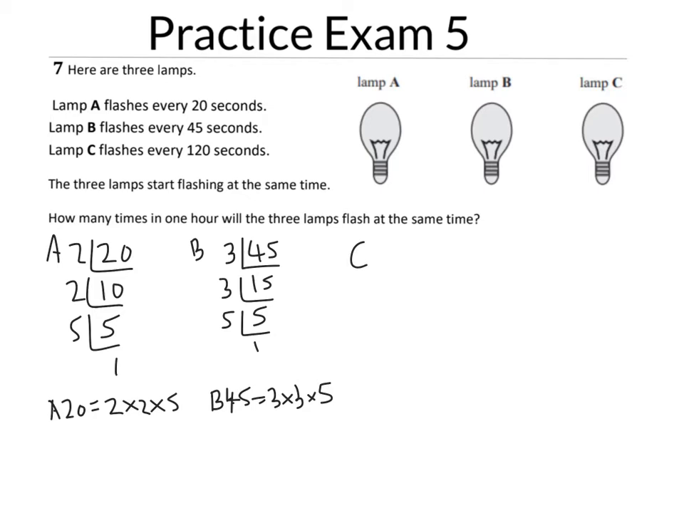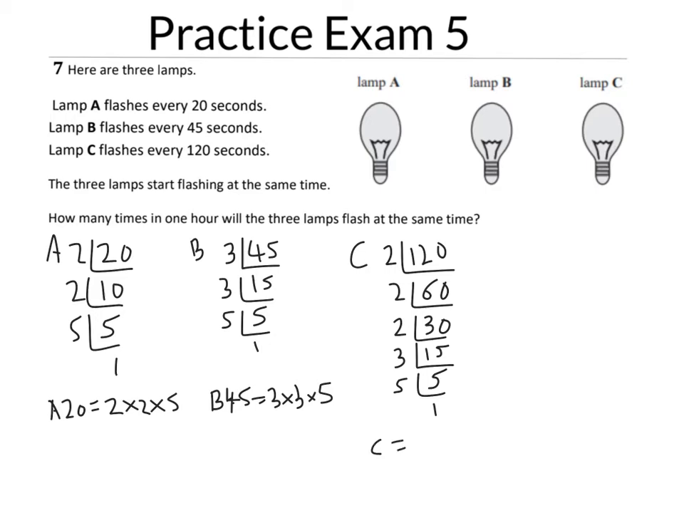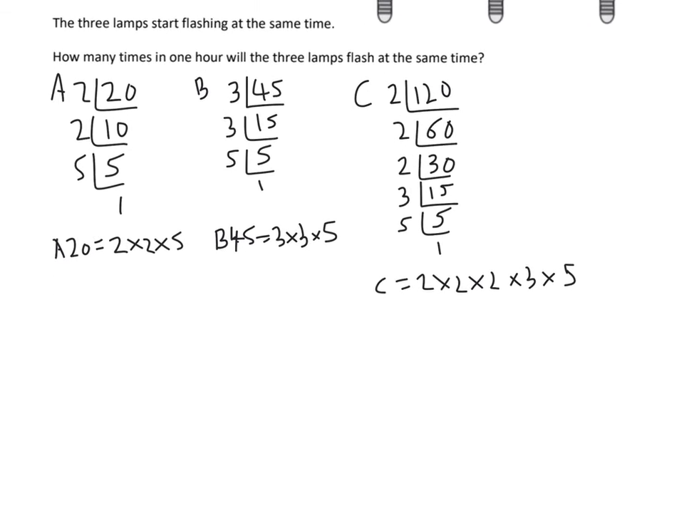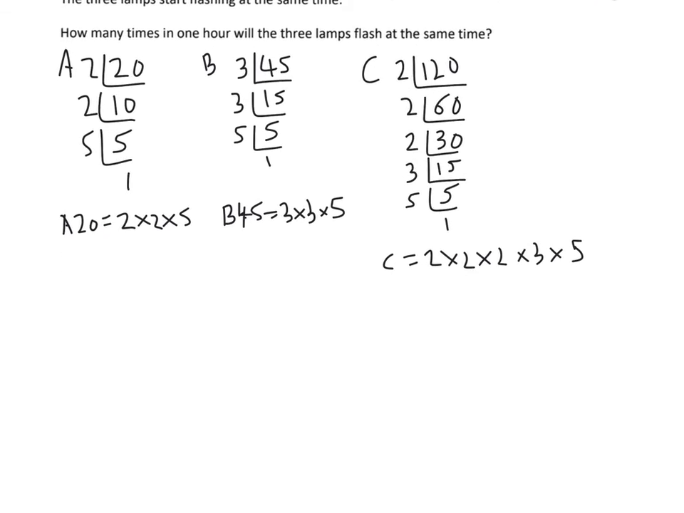C then is 120. You can divide it by 2 to get 60, 2 to get 30, 2 to get 15, 3 to get 5, and 5 to get 1. So C can be written as 2 times 2 times 2 times 3 times 5. You can also write those in index form, however we're not asked to do that and we don't really need it at this stage. A Venn diagram would have 3 circles, one for A,